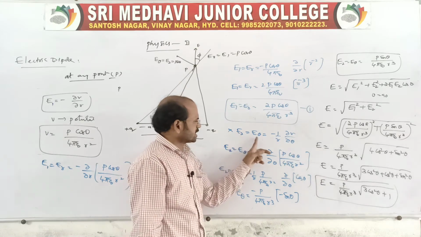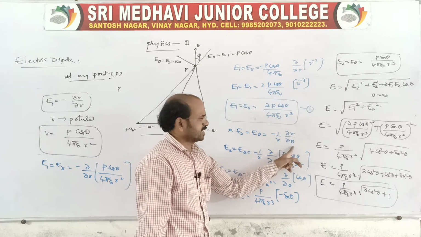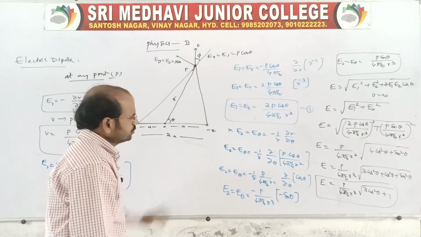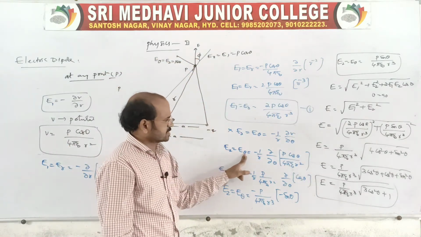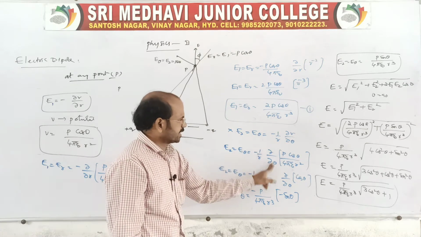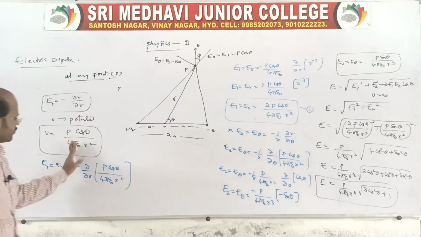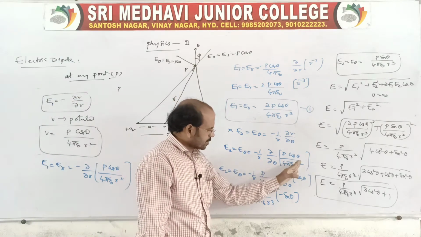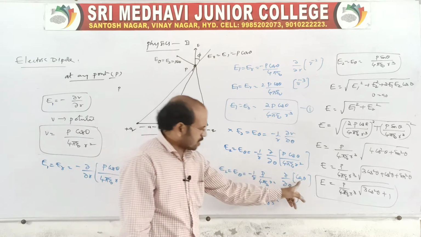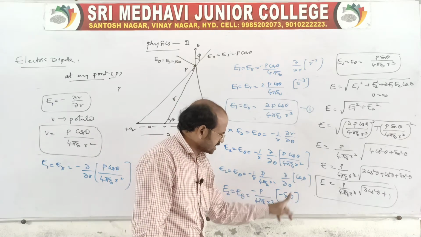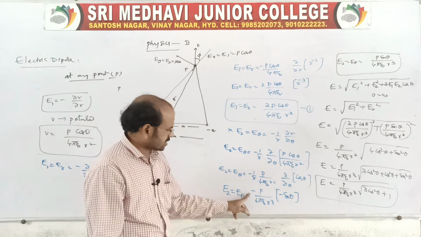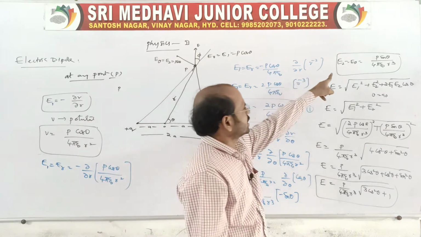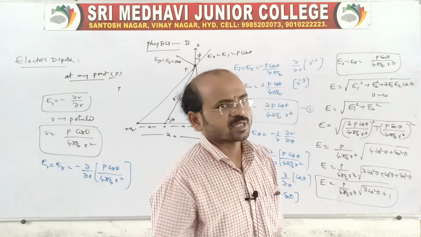Now second, E2 is equal to E theta is equal to minus 1 by R into dV by d theta. Again it is also in the next chapter, the potential chapter, where I will tell you again. So V is again p cos theta by 4 pi epsilon naught R square. Here we differentiate with respect to theta, so everything else stays out. The derivative of cos theta is minus sin theta, so minus of minus becomes plus, and R times R square is R cube. So E2 is equal to E theta is equal to p sin theta by 4 pi epsilon naught R cube.